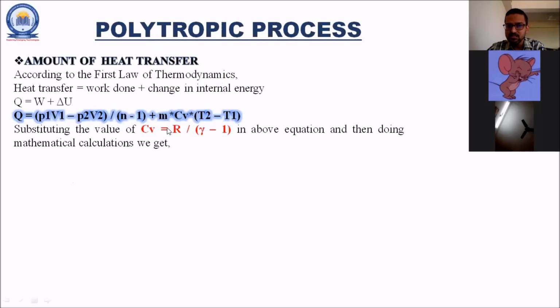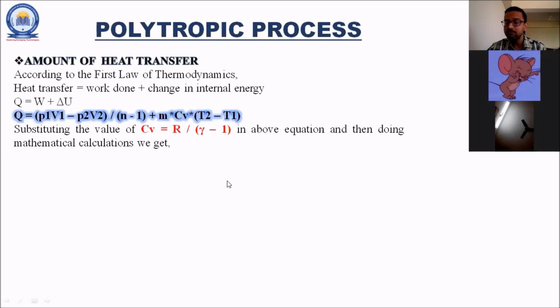Now substituting Cv is equal to R upon (gamma minus 1). How will we get this relation? By using two equations: Cp minus Cv is equal to capital R, and Cp by Cv is equal to gamma. If you replace the value of Cp by Cv and do the mathematical steps, you will get the answer for Cv, that is equal to R upon (gamma minus 1). So substituting this value of Cv in this equation, you will get the answer plus